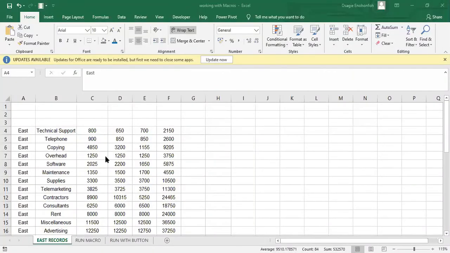I'm going to share my screen now. Working with Macros. So let's say this is a record I received from my database, and let's say I receive this particular record every time. And when I get the record, the thing I have to do with it is